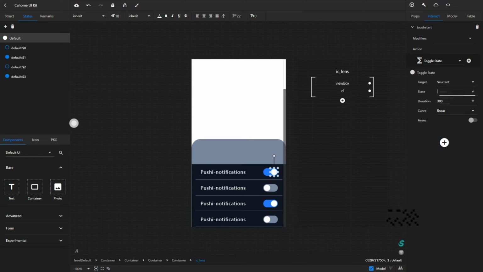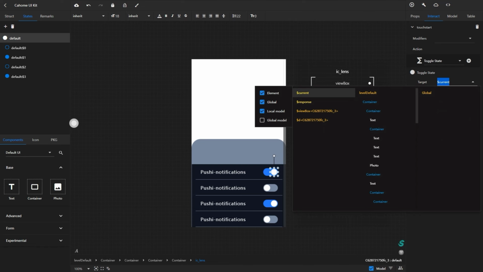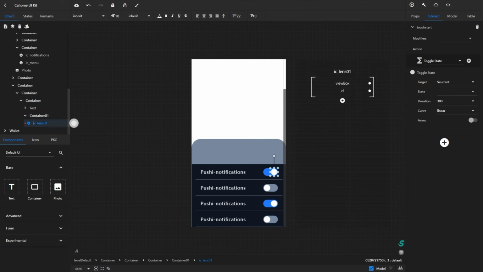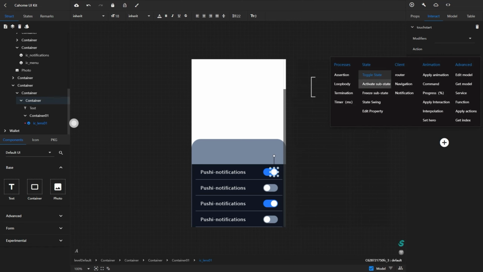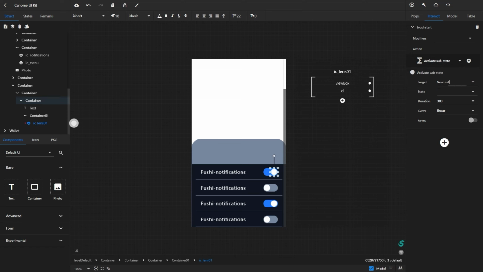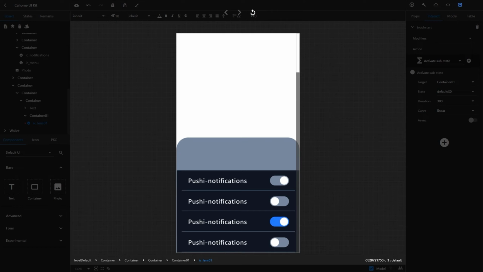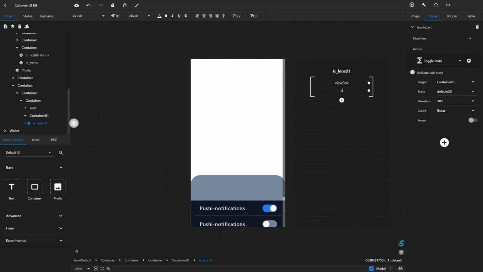Status change. Select the object. Let's add one more status change.